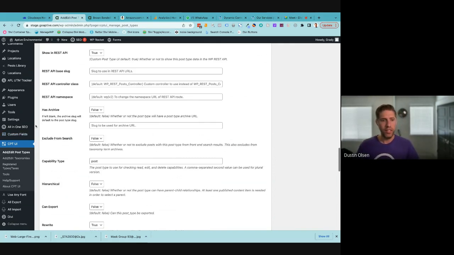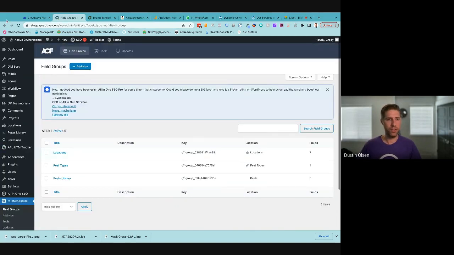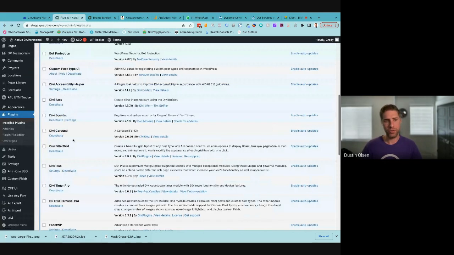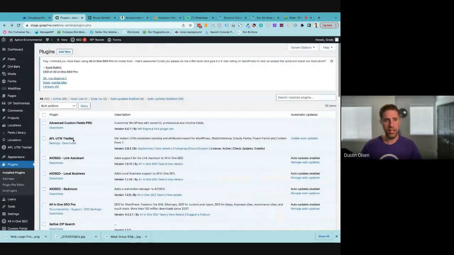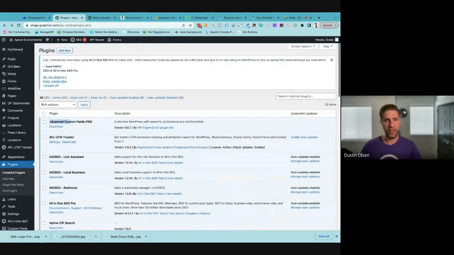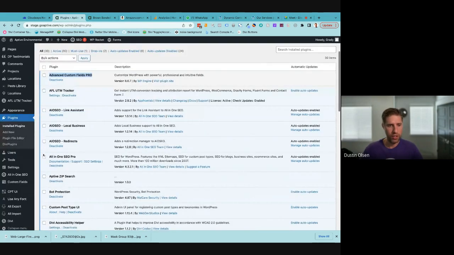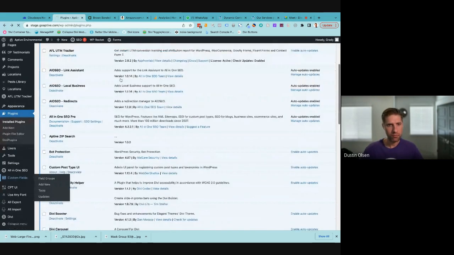However, if you want to add additional fields, let's go back to our plugins page. If you want to add additional fields to existing areas of your website, I like to use this plugin called Advanced Custom Fields Pro. And this, I think, is a true game changer in what we can do with the website, because it just gives us all kinds of options. So the way that works,